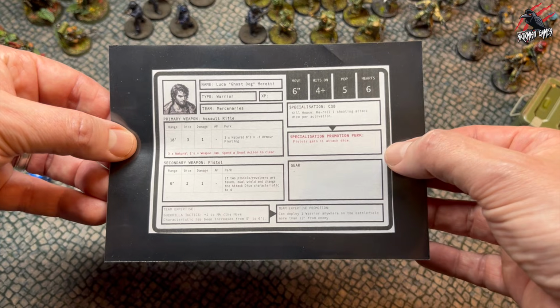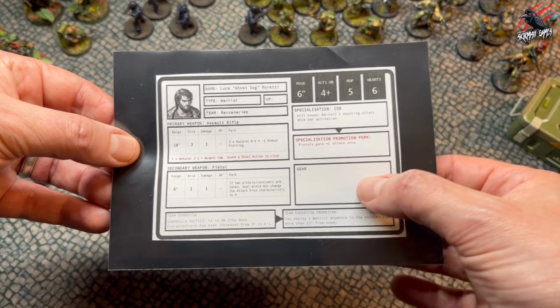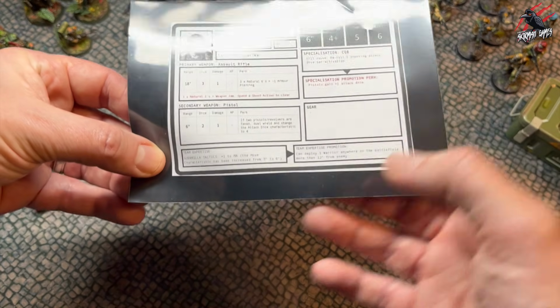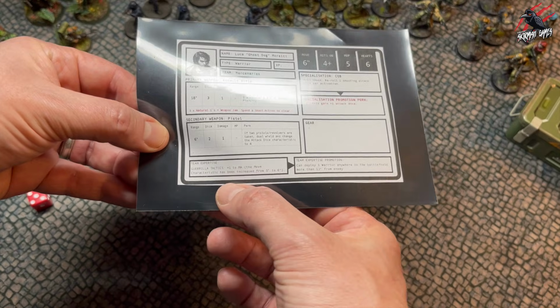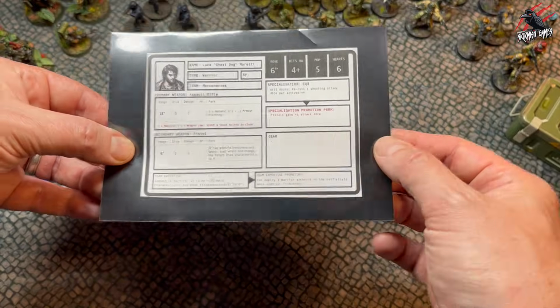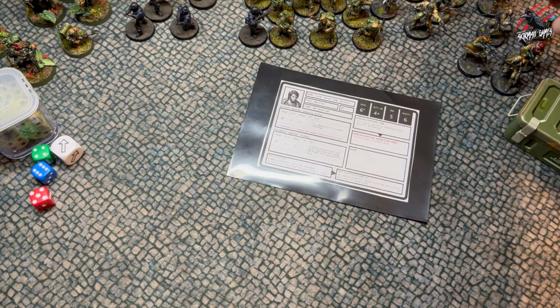Then you can see here we've got the specialization promotion perk, and that will tie into the missions, which we'll be going through later on, and gear. And if you want to add gear later on as you work through a campaign perhaps, you've got room there to add it in pen or pencil. At the bottom are the team expertise, and each member will have access to this team expertise, so you'll find that on every card, and also the team expertise promotion perk, which again we'll look at later in